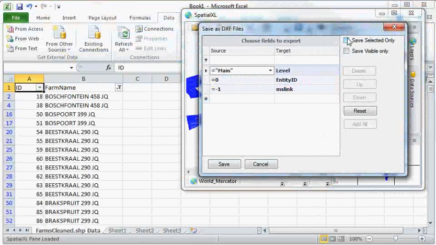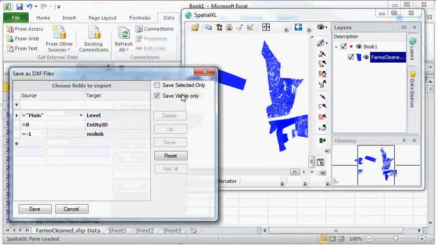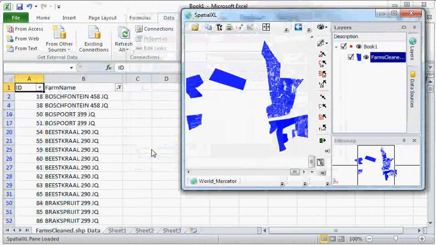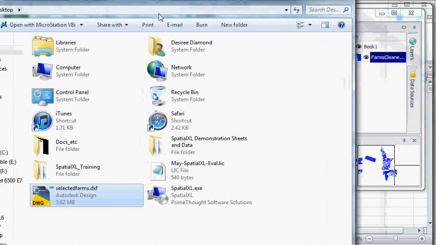And in here I'm going to say save visible only, so only visible forms will be saved. If I leave this option off, it will save the entire shapefile to a DXF file. Great, it's done that, and now to check that it is working properly, I can go and drag